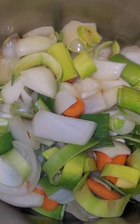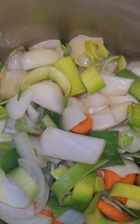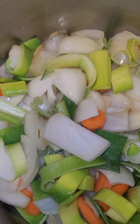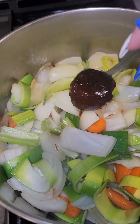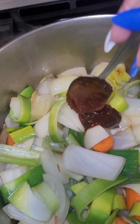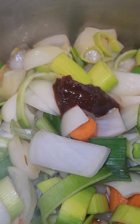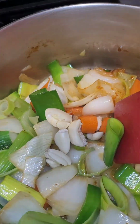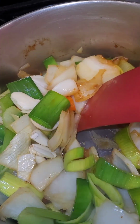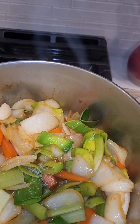We are going to make creamy lobster bisque. We have about 2 cups of leeks, about 1 carrot, 1 large onion, 2 ribs of celery. We're going to add a tablespoon of lobster bouillon base and about 4 cloves of garlic and about 8 cups of water. I think I actually did 10 cups of water because we wanted to reduce this down,